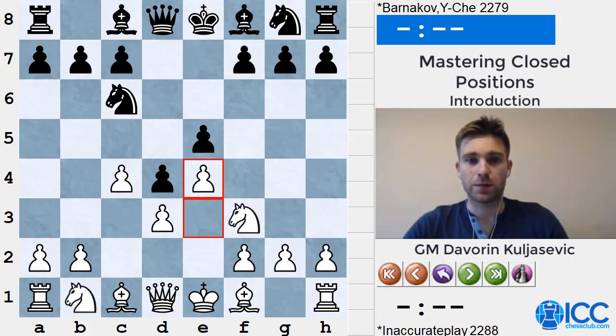The third important principle, beside pawn breaks and schematic thinking, is prophylactic thinking. So this is basically trying to see what your opponent is going to do. Of course, you want to do this in every type of position, but I feel like in close positions, the importance of prophylactic thinking increases because if you miss some important idea for your opponent, it's very difficult to